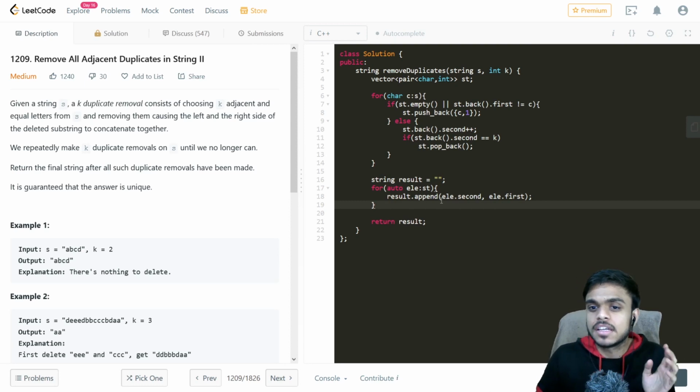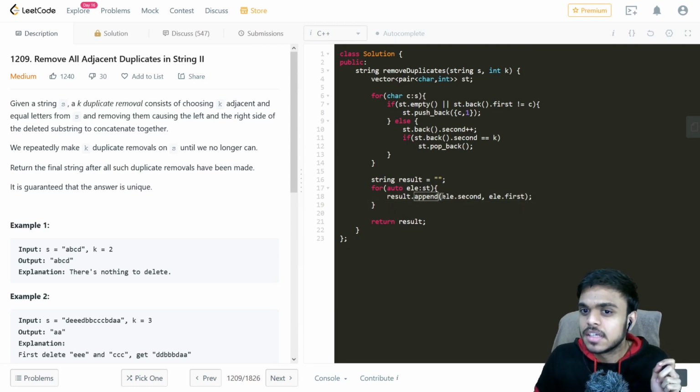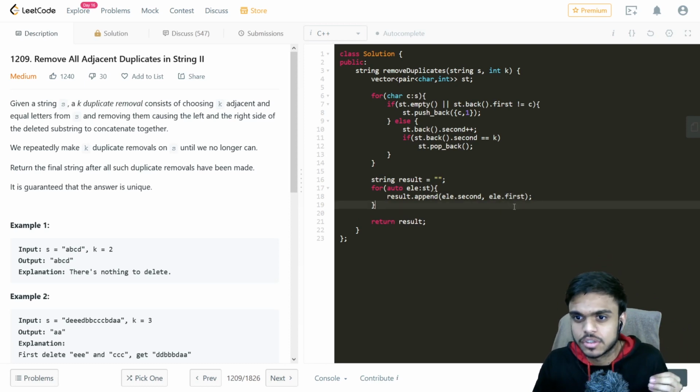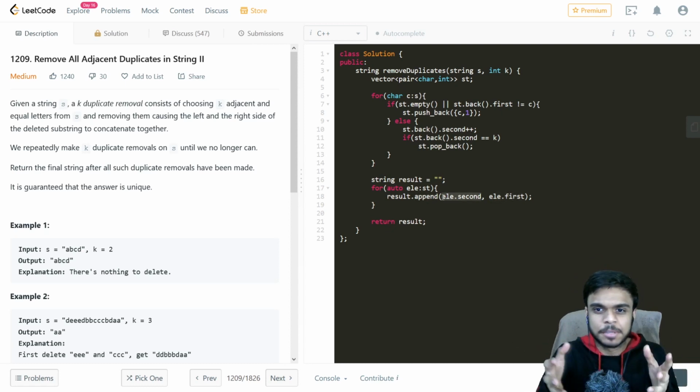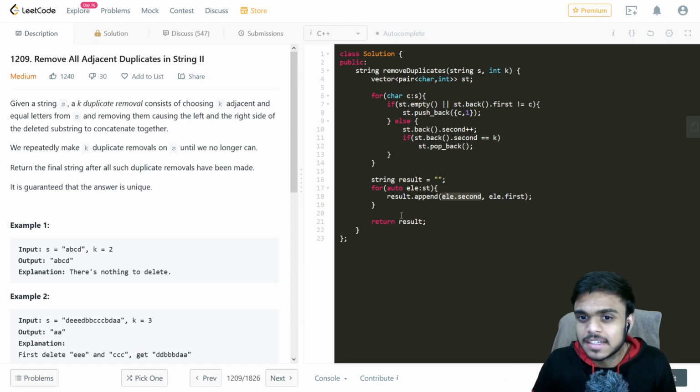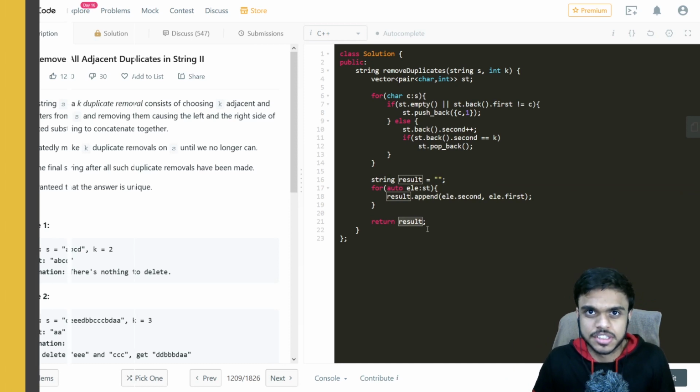The append function takes the number of times we have to append a particular character. So element dot first is our character, and element dot second is our frequency, how many times it occurs, right? So append takes that character, repeats it the number of times it should be present, and appends it. Okay, and after exiting this loop, we have the result which we just return.